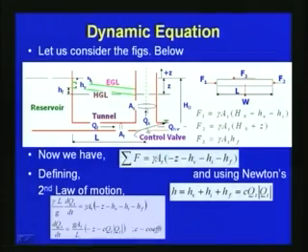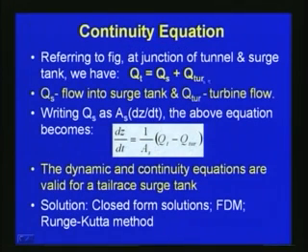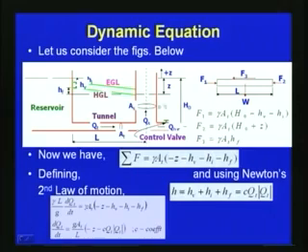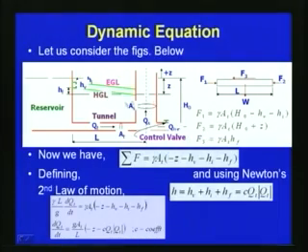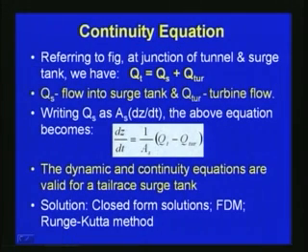going to the surge shaft QS plus what is going to the turbine Q turbine. So, QS is the flow into the surge tank, Q turbine is the turbine flow. So, writing QS as AS into dZ by dt, where the area of cross section of the surge tank is AS. So, the above equation becomes dZ by dt is equal to 1 by AS into (QT minus Q turbine),